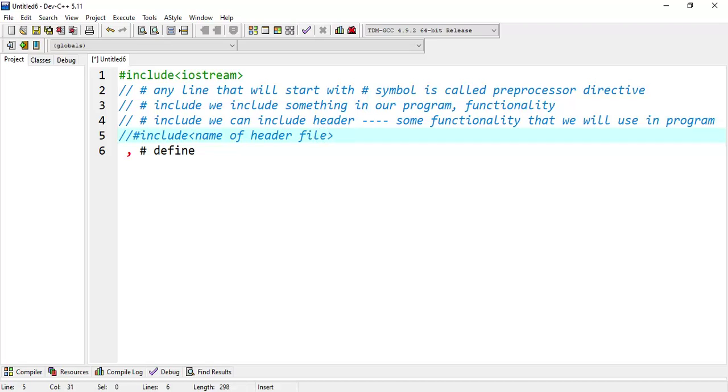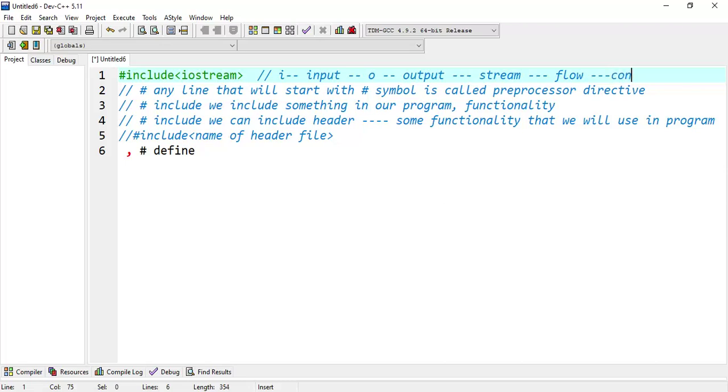We have included the header file that is iostream. Iostream means I for input and O for output. And stream means that there will be some flow, and we will write to or read from the console, and this flow will be on our screen.